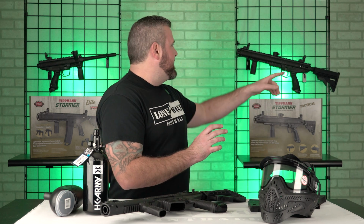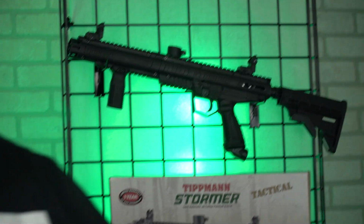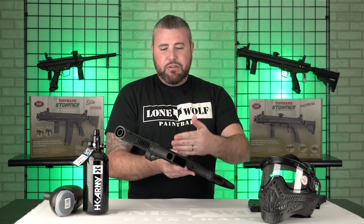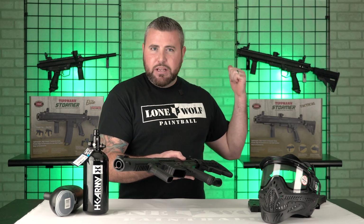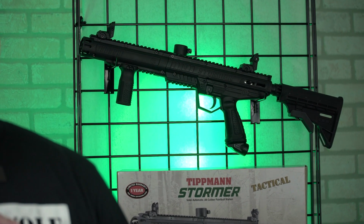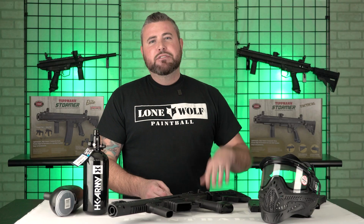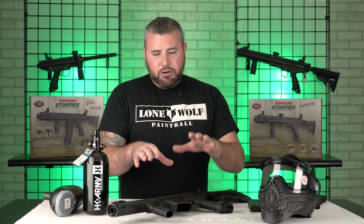Yeah, let me see. Okay, so we have the standard tactical option here. The only difference between the tactical option and the Elite is that it does not offer the mag to hopper fed conversion. So that gun is only hopper fed. It does not offer mag fed. And with that one, you're saving $40 in the package, going from $295 to $255